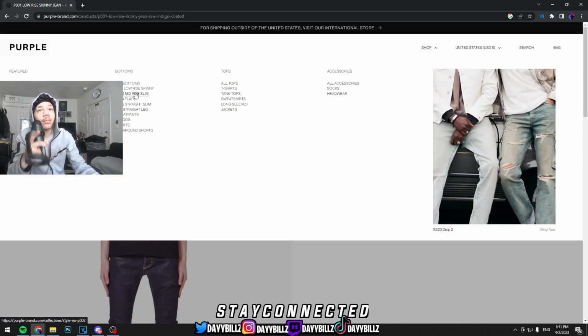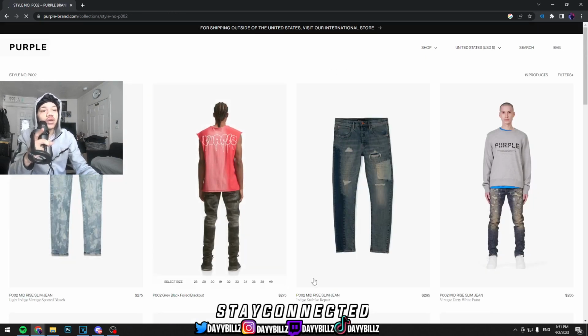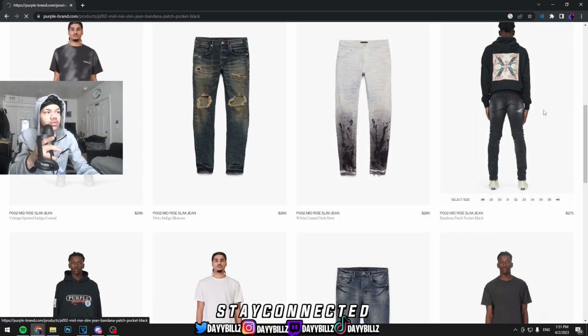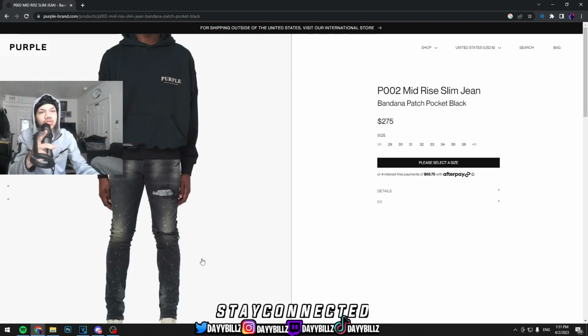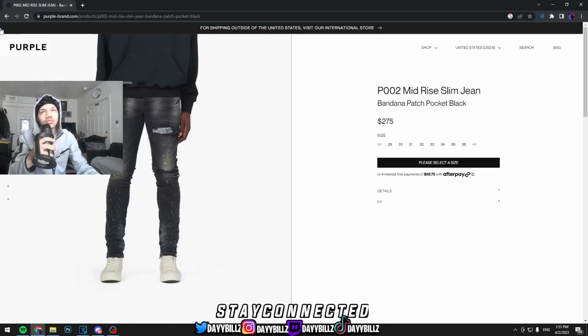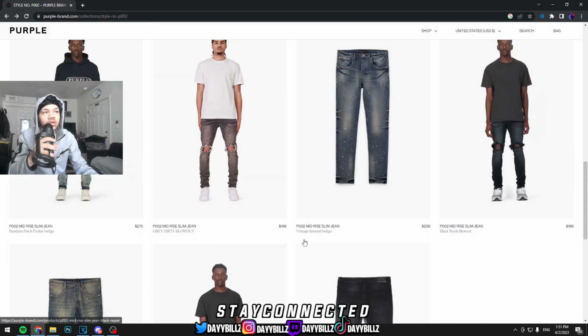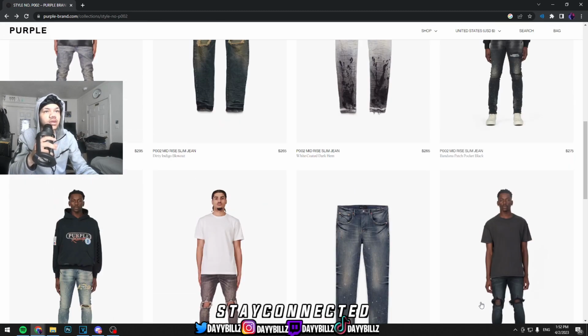Now we gonna go look at the Mirai Slim, because I do have a few pairs. But right here, these are not slim. These are skinny. These right here, good purples. You should cop those. And then, okay, they don't really have a lot, but